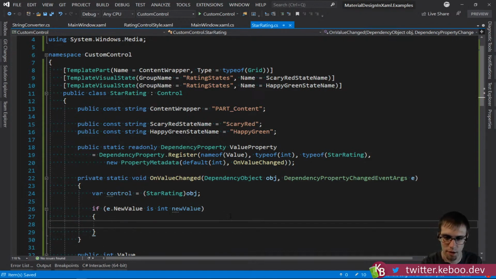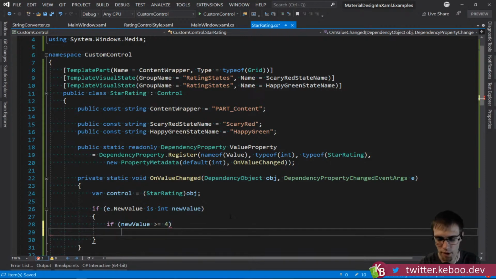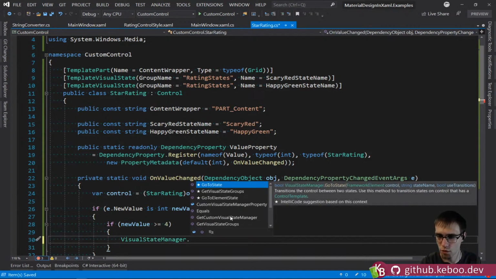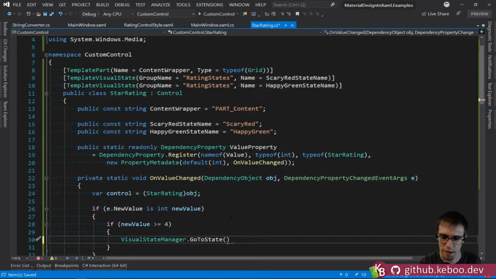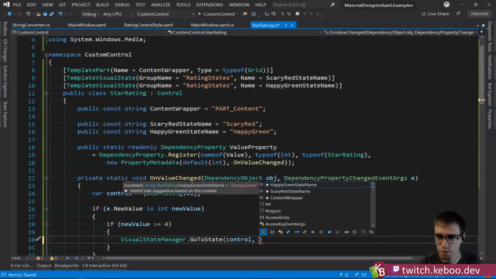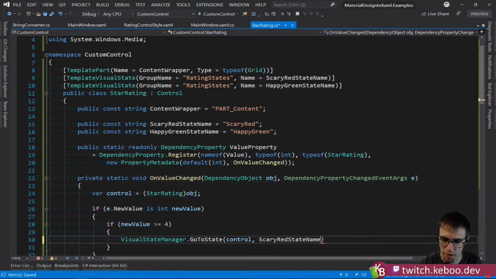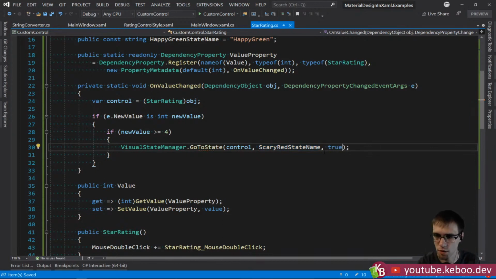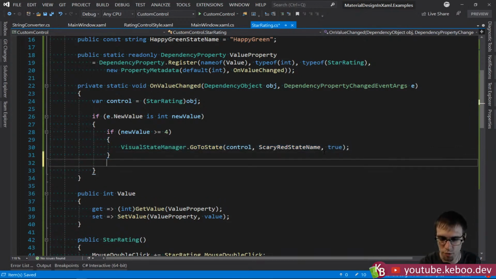So let's see. If new value is greater than or equal to 4, we want Visual State Manager, GoToState. And now we need to tell it what object we care about. In this case, it's control. And then we need to tell it what state we want to go to. So this will be scary red state. And then use transitions. And I think what we're going to do in this case is just say true always. So it is worth noting that use transitions, that last value,